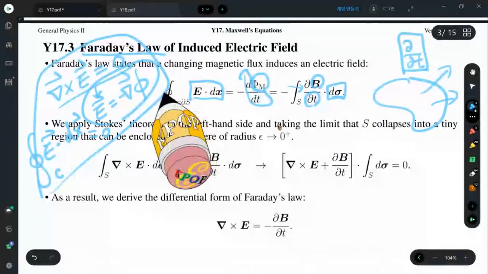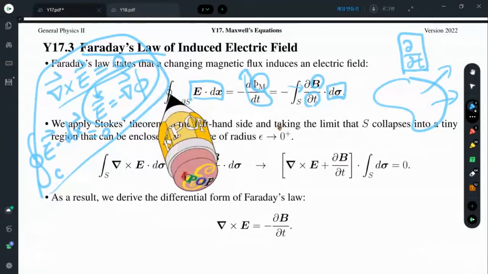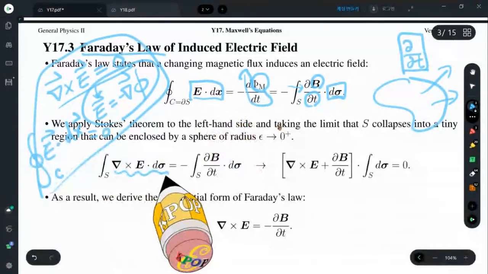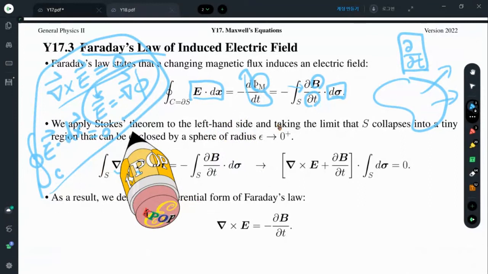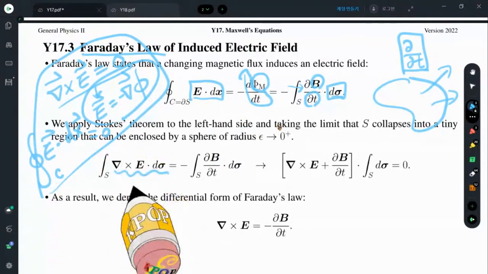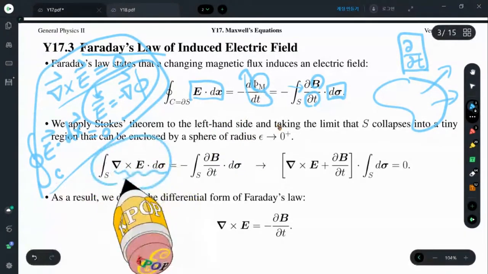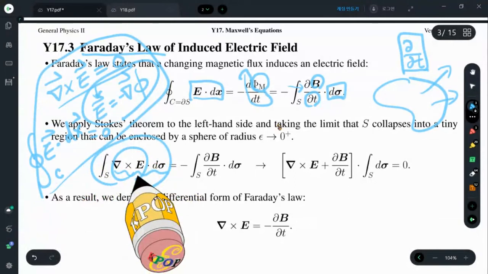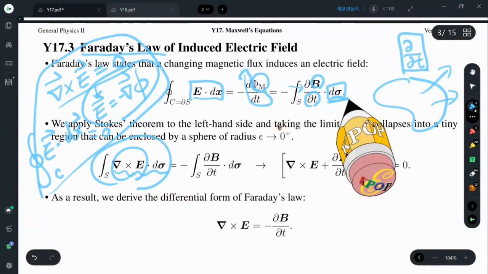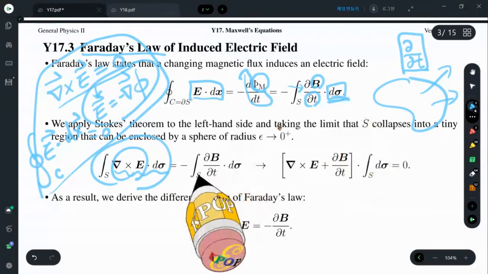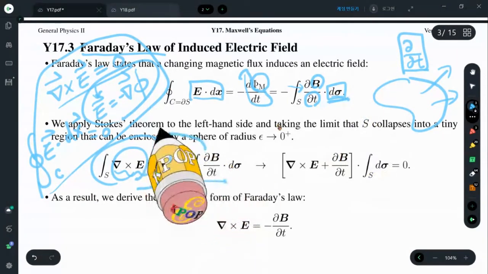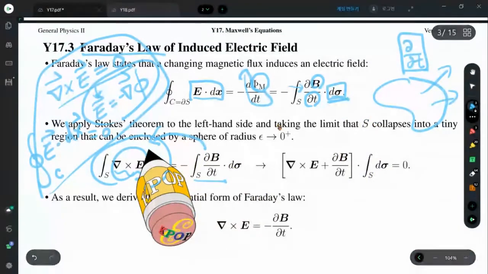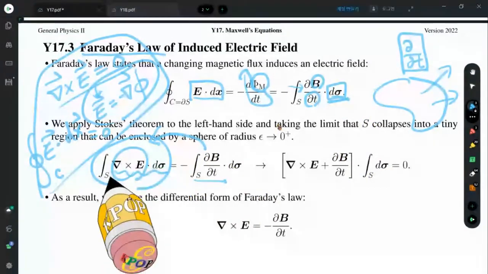Now, this is a line integral over a closed path. It is always expressed as a surface integral if we apply Stokes' theorem that we learned already. So this is a surface integral of a curl of the electric field, and the right-hand side is also a surface integral. Why don't we combine these two integrals by moving the right-hand side to the left-hand side,